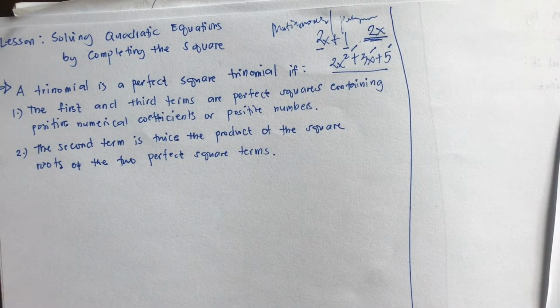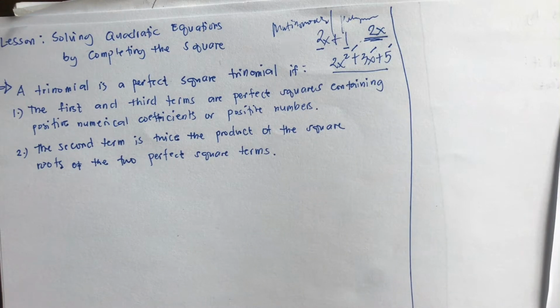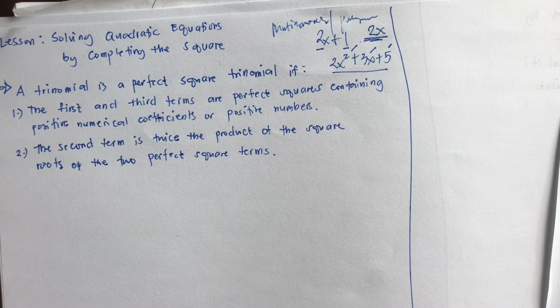Today we are going to talk about still quadratic equations, but this time we are going to solve these equations by completing the square. So recall, polynomials have three types. We have the monomial, the binomial, and trinomial. But how do we determine whether these terms or these presentations are binomial or monomial